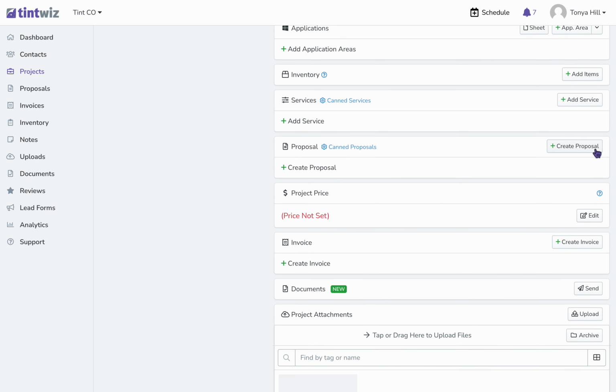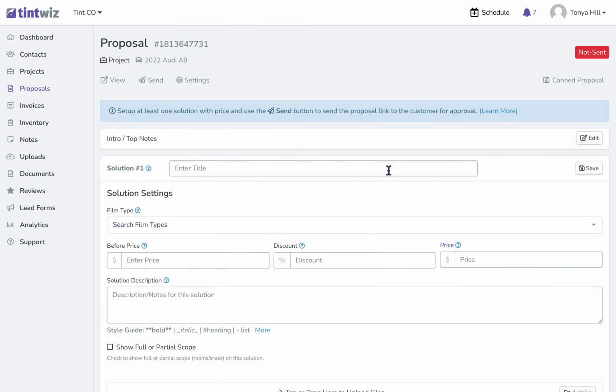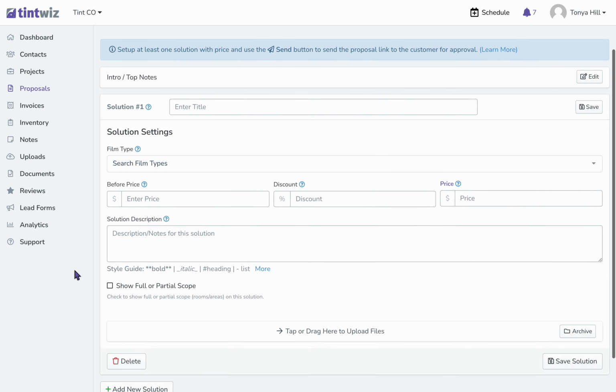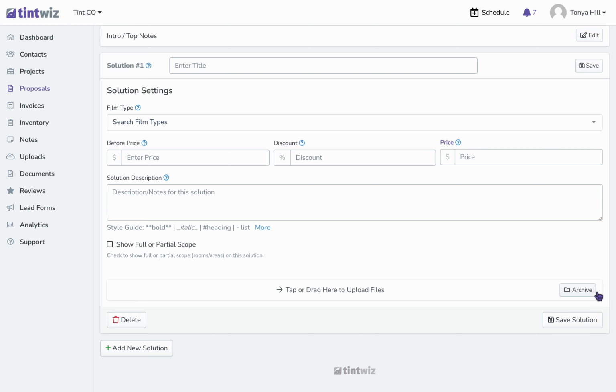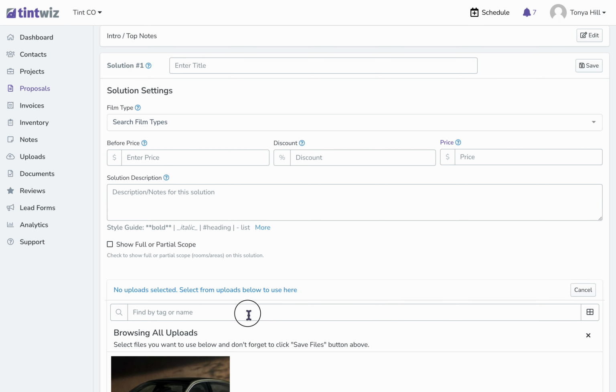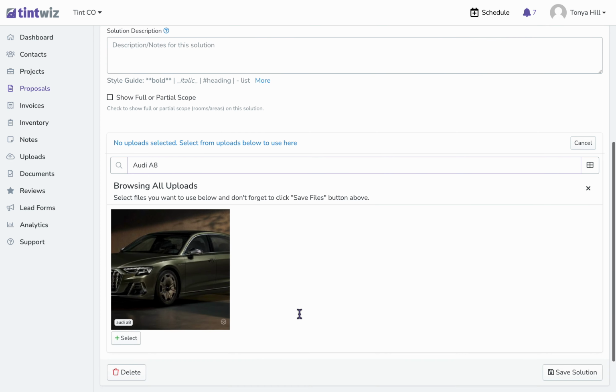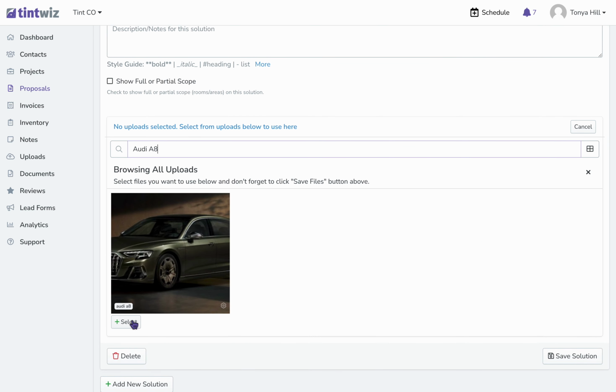Now, whenever you'd like to create a proposal and add that photo, you'll simply create new proposal, click on archive, you'll search the tag, and then here is your photo. You'll hit select, save files,